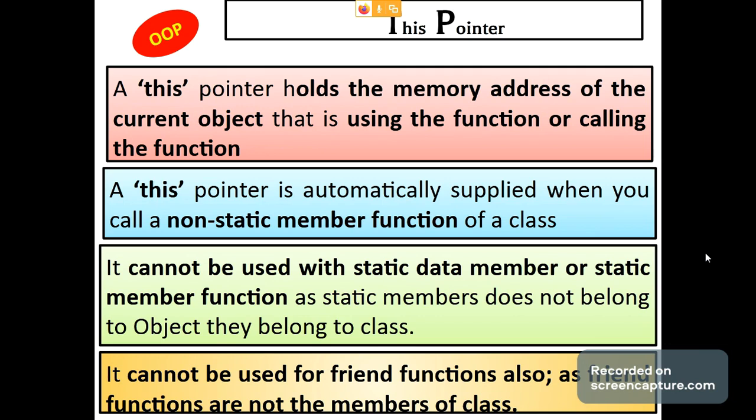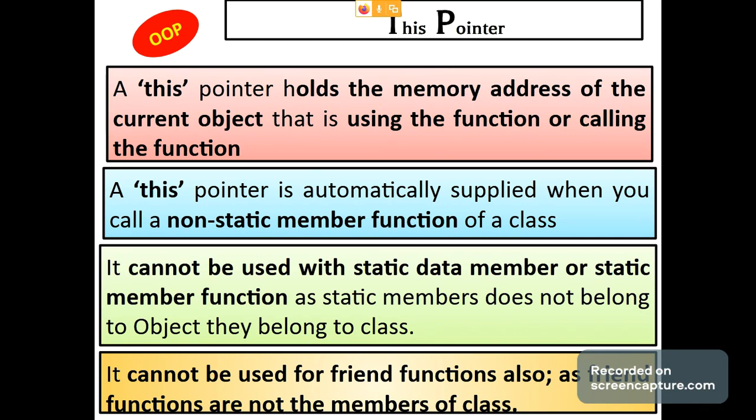So what is this pointer theoretically? This pointer holds the memory address of the current object which is accessing or calling the function. This pointer is automatically supplied, and it is always supplied to a non-static member function.